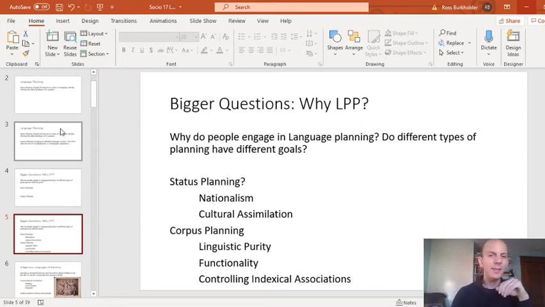So some ideas that we'll be thinking about and talking about as we go through these case studies are with status planning. Nationalism is a really big reason for this. That national language thing that I talked about, and national unity through language. Using language as a cultural lever to get something that you want out of your population, typically at a national